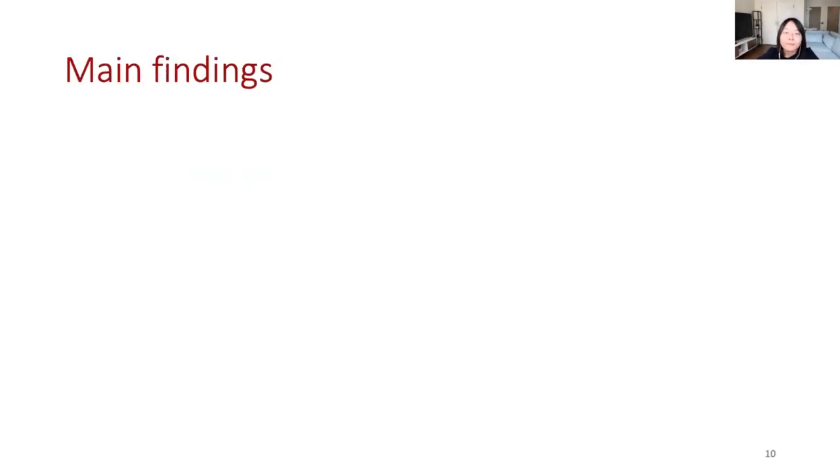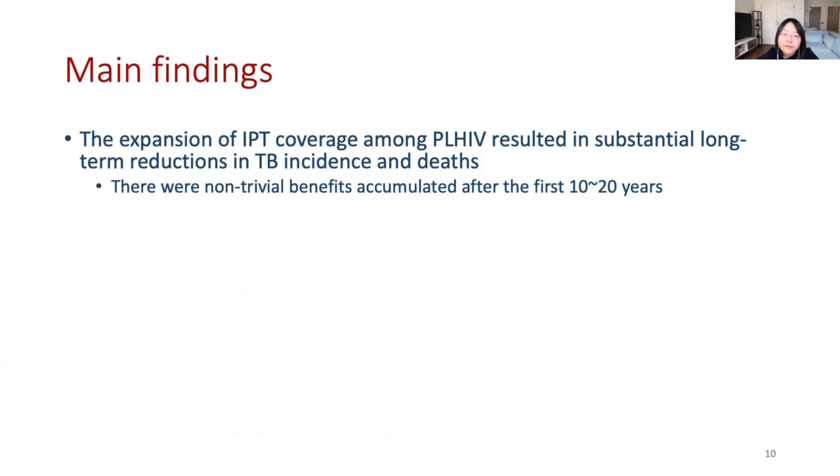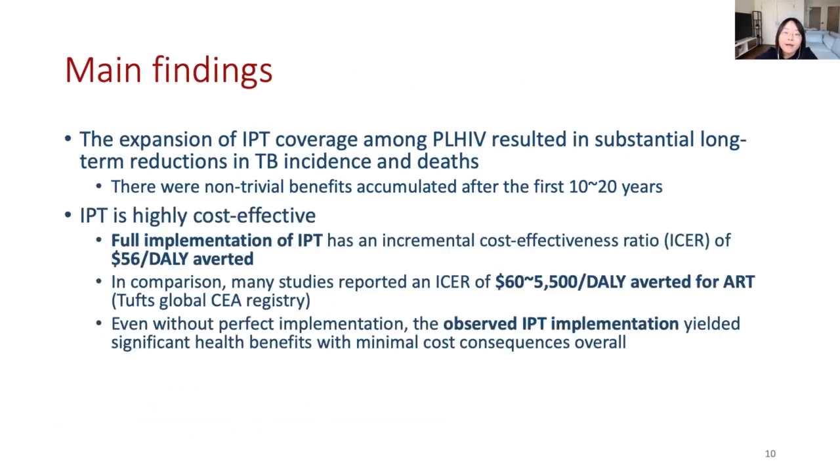Here we summarize our main findings. Our study found that the expansion of IPT coverage resulted in substantial long-term reductions in TB incidence and death. In addition, IPT is highly cost-effective. Full implementation of IPT has an ICER of $56 per DALY averted, and in comparison, many studies reported an ICER